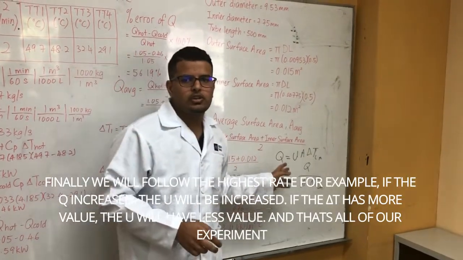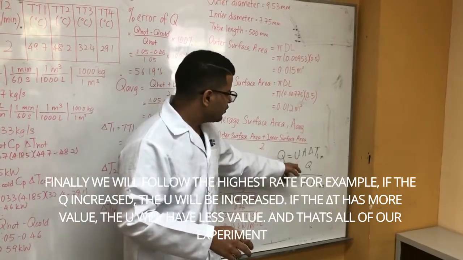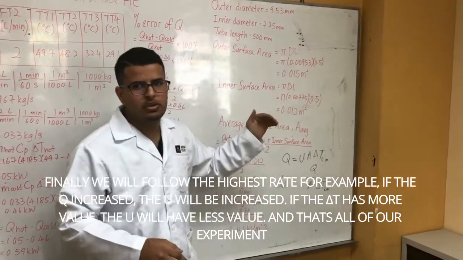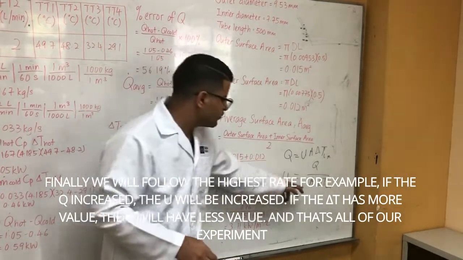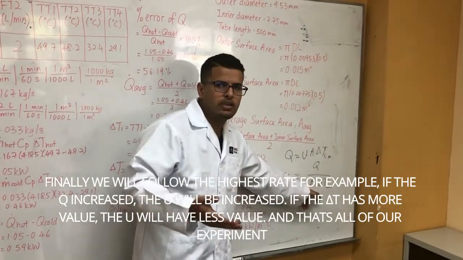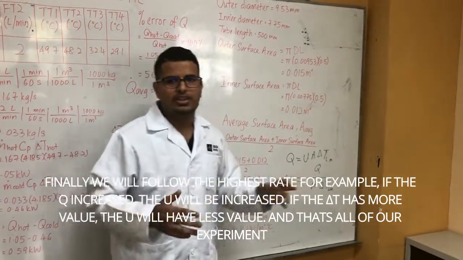And finally, U will follow the highest rate. For example, if Q is increased more, U will be increasing. If delta T has more value, U will get less value. And that's all of our